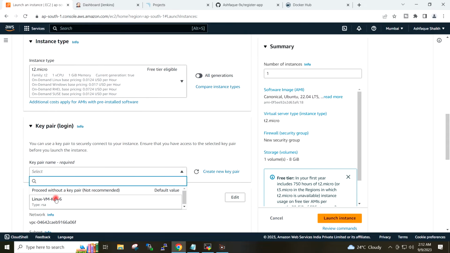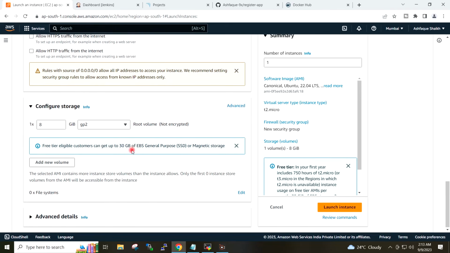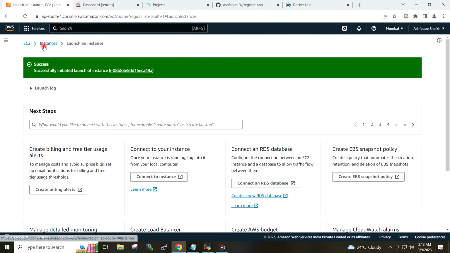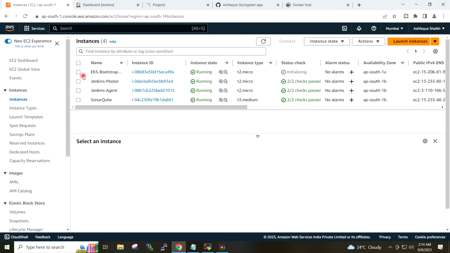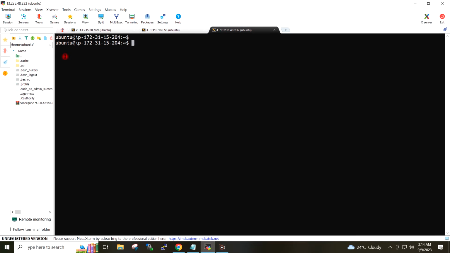I will select my key pair, launch. I will copy the public IP address and I will access it from my local system.